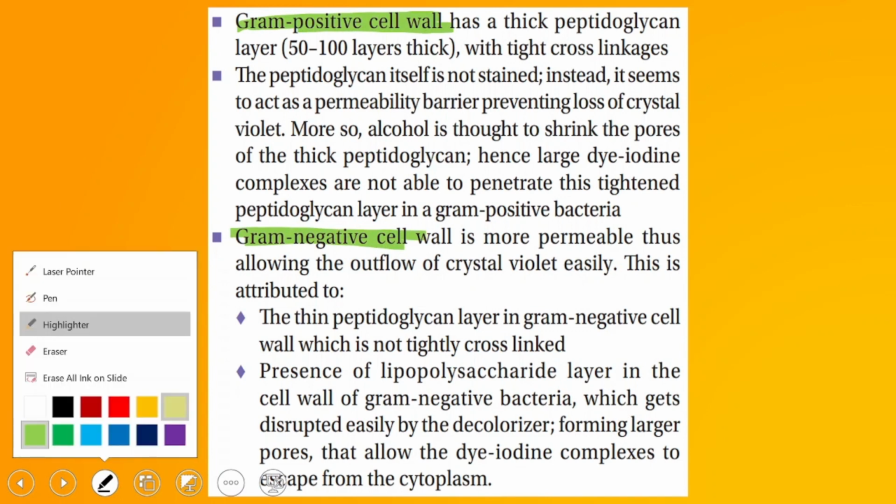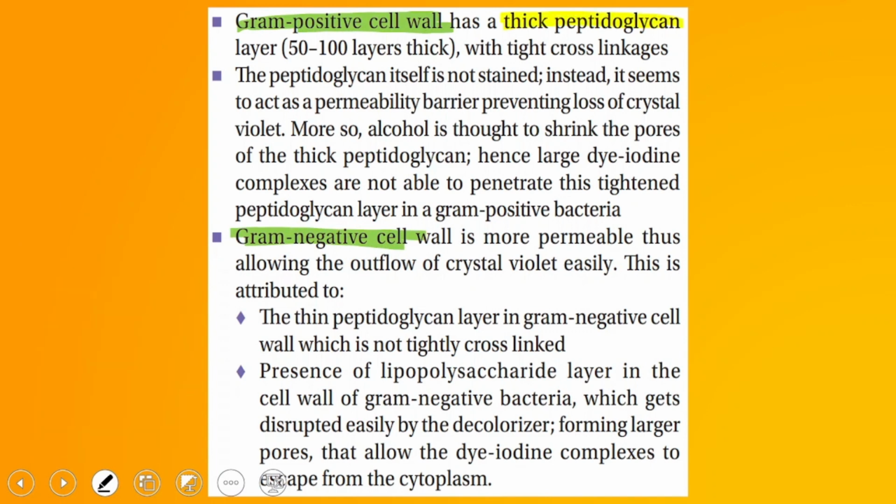ठीक है, gram positive cell wall की बात करूंगा तो it is having thicker peptidoglycan, tight cross linking, whereas here they would be having a thinner peptidoglycan layer, and also the cross linking is not tight. Okay, they do not have a tighter cross linking, whereas here they have a tight cross linking and a thicker peptidoglycan layer. Nearly 50 to 100 layers thick होता है gram positive में. This is the main difference between the two. And since the peptidoglycan layer is thicker in case of gram positive, they are going to retain the primary stain. And gram negative में thinner peptidoglycan, they will lose the primary stain on addition of a decolorizer.